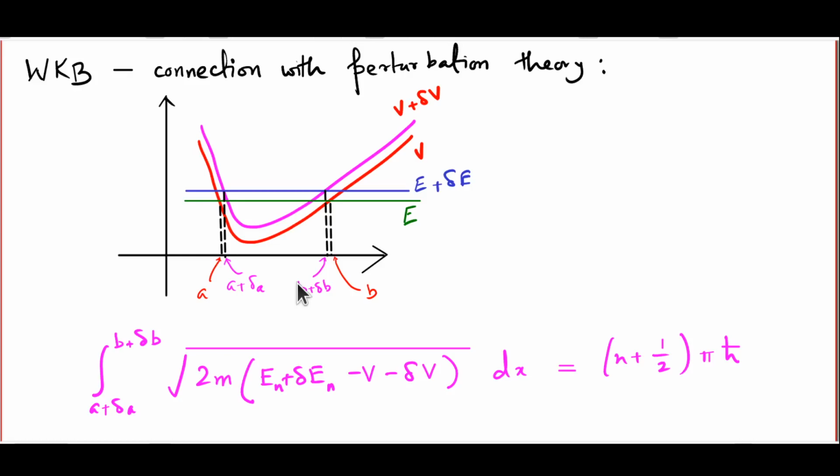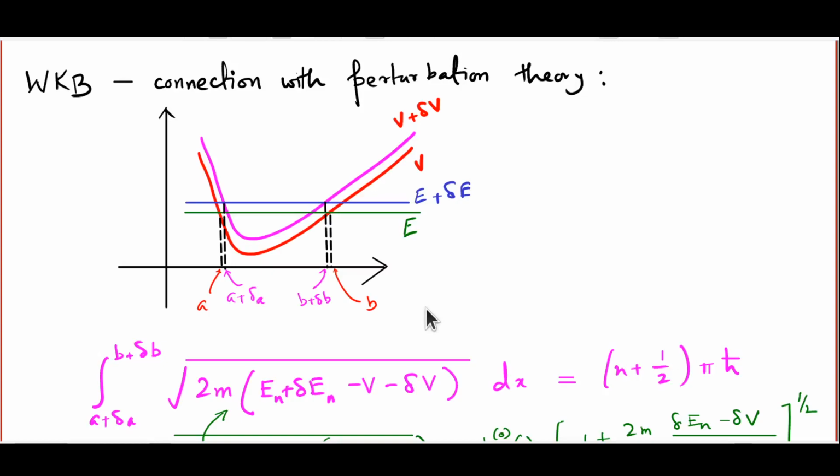Now the setup of our problem, we will now expand the integral on the left-hand side, keeping in mind the fact that since delta V is small, delta En, delta A and delta B are also small. So what we will do is we will retain only first order terms in terms of these small quantities. Now the first thing that you should notice is that the effect on the integral of the fact that the limits have changed, that A has become A plus delta A or B has become B plus delta B, will actually vanish if you only consider first order effects in small quantities,